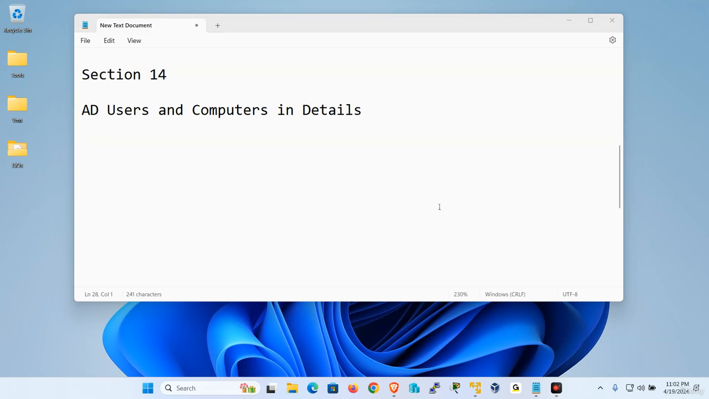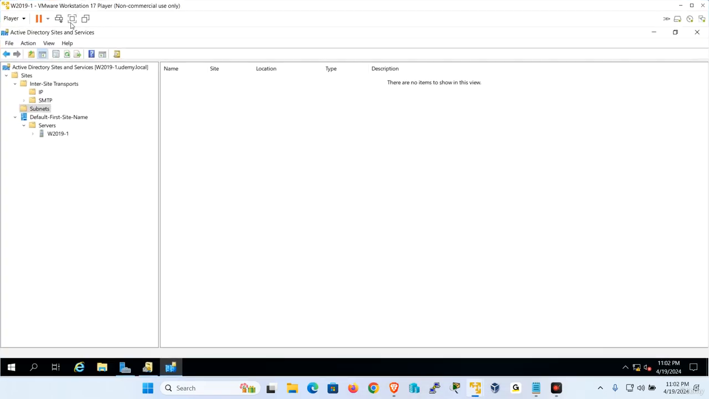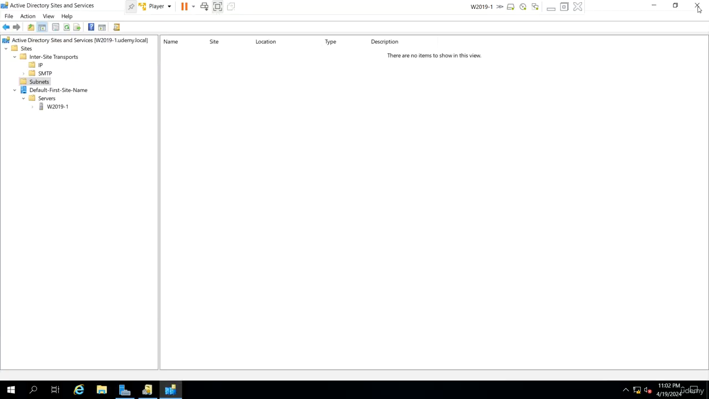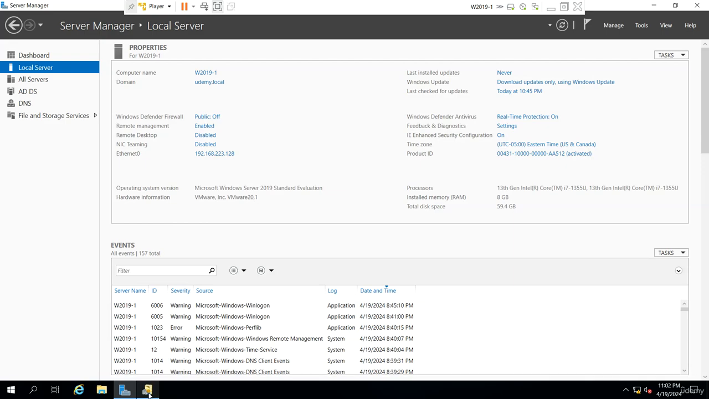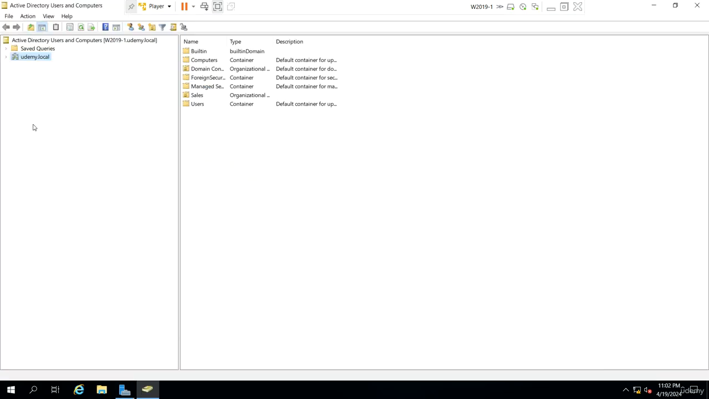So, this time we will get into the details and the guts of Active Directory Users and Computers. We're going to be spending quite a good amount of time on this section. Let me take a look and see what I have over here. First of all, I have my domain controller. I just have one server. Let me close all the consoles so I can show you which console we're actually going to be dealing with. So if I go to Tools and open Active Directory Users and Computers and expand my domain,